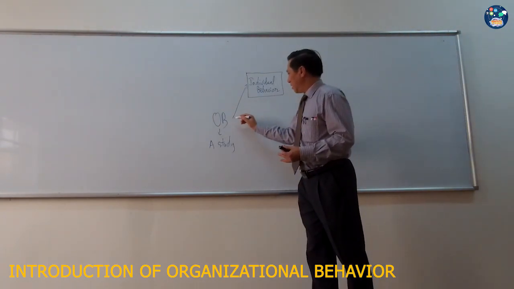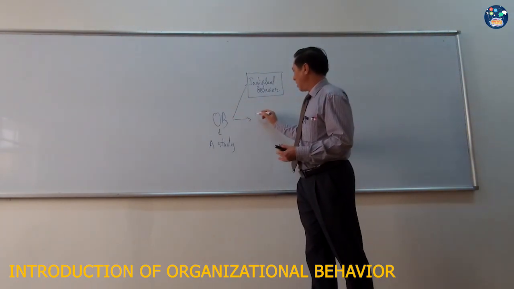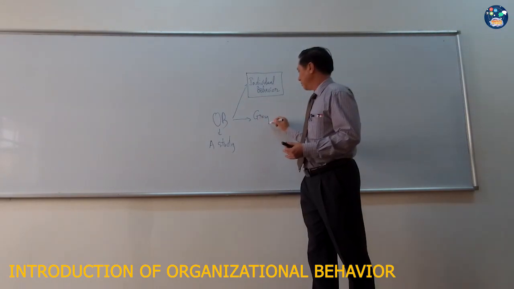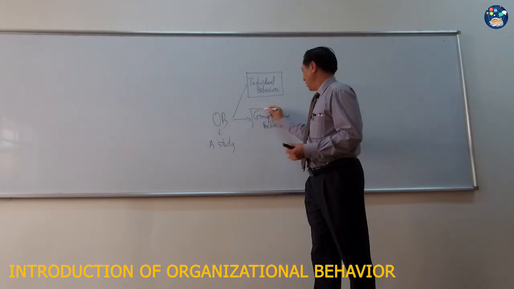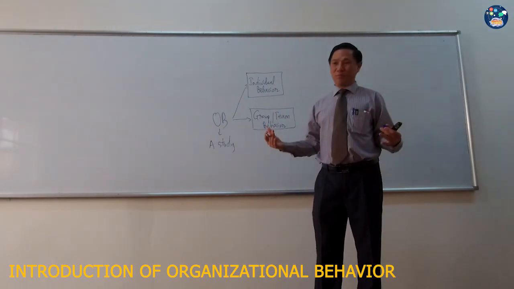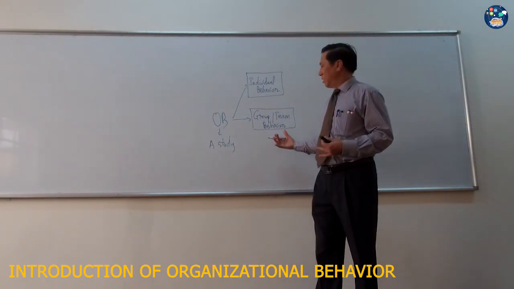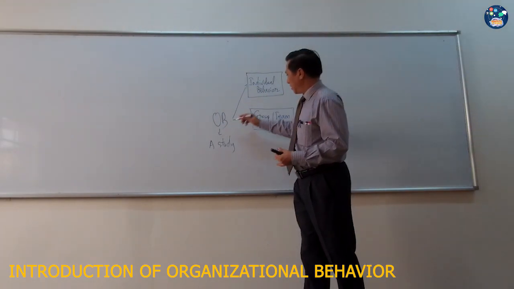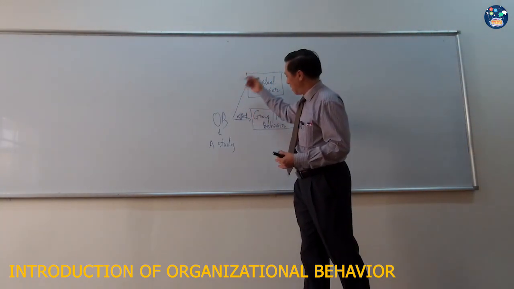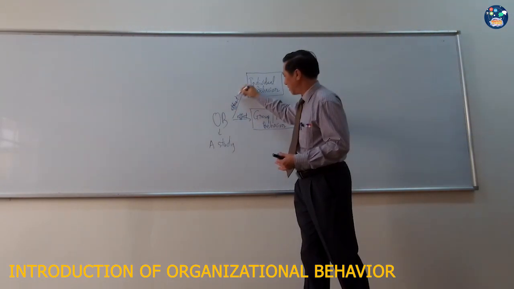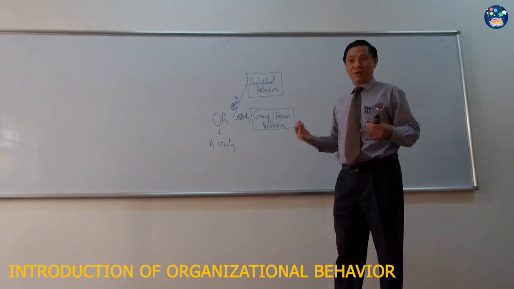What next? We study the effect of group or team behaviors. This is the upper level. When we work in more than two people, we form a group or team, and then we study how group and team affect behavior in the organization. Here, a study of the effects, right? And the third thing,